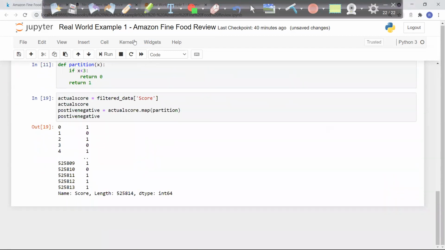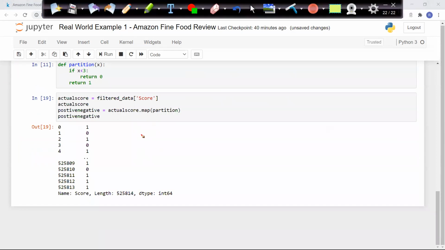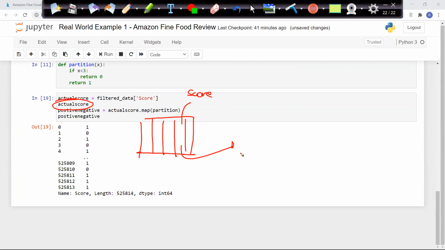So let's try to understand what we have done till now. I have a data frame which consists of various columns. One of the columns is score. I am taking this score column and storing that in actual score. So I am coming up with a single column which consists of actual score. Here I have 5, 4, 1, 2, 2, 1, something like that.